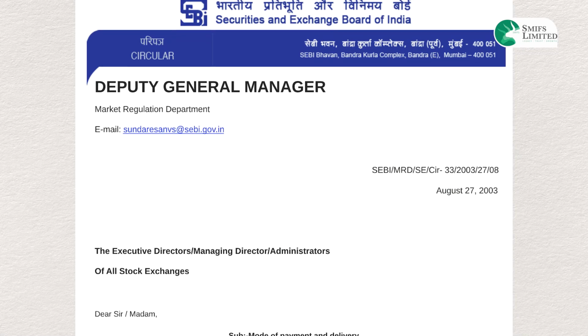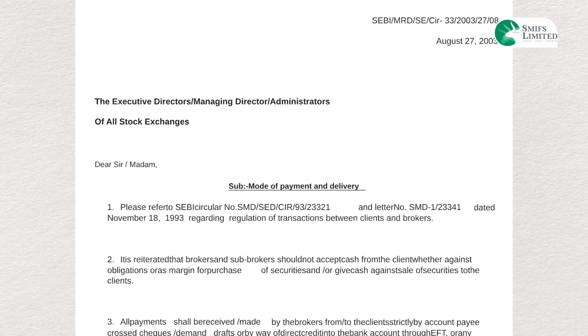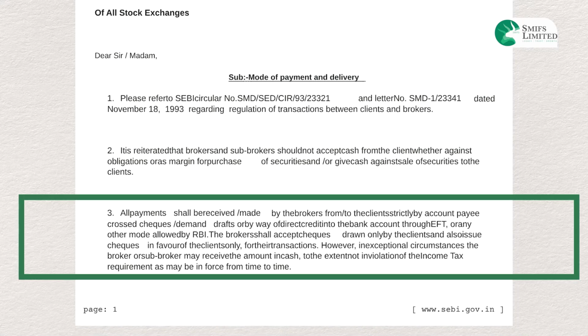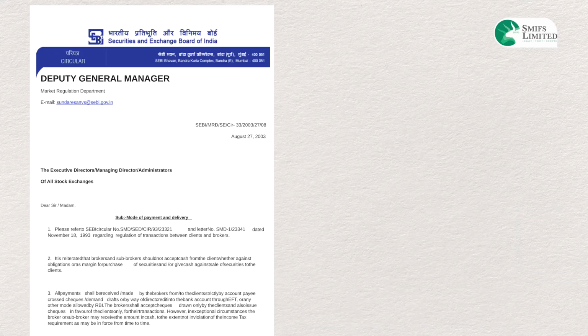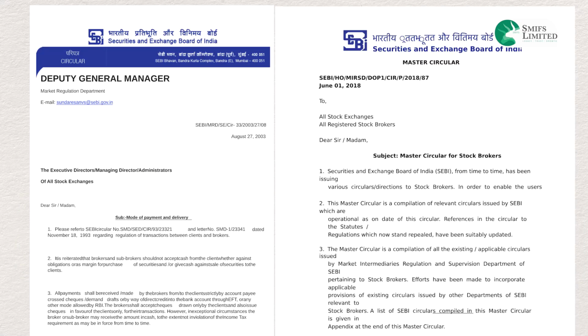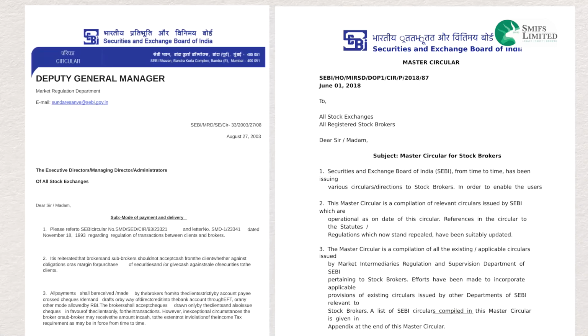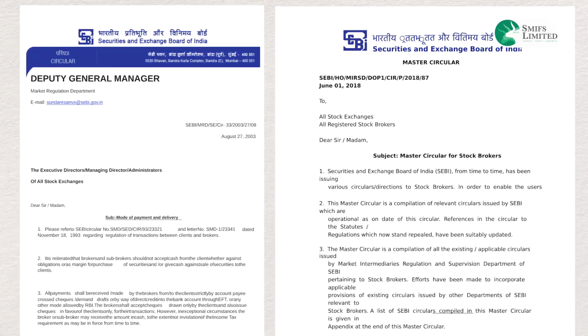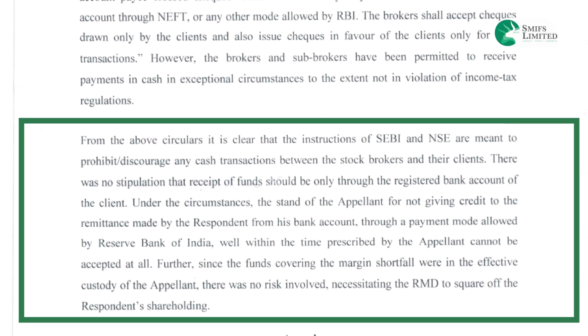The captioned circulars pertain to the acceptance of funds by the stockbroker from their clients. The Appellate Arbitral Tribunal found that these two circulars were grossly violated by the trading member, and based on their findings, they had